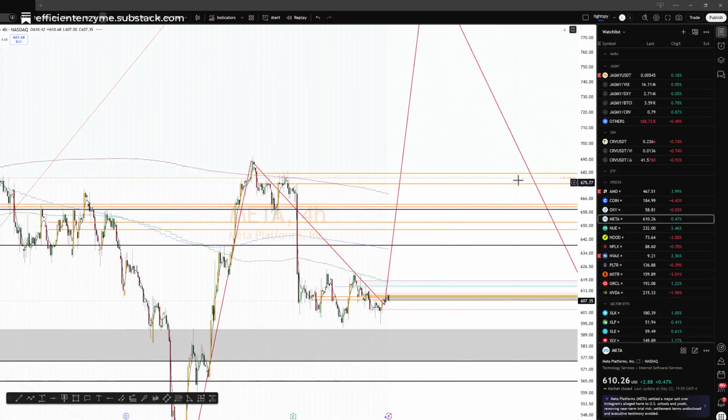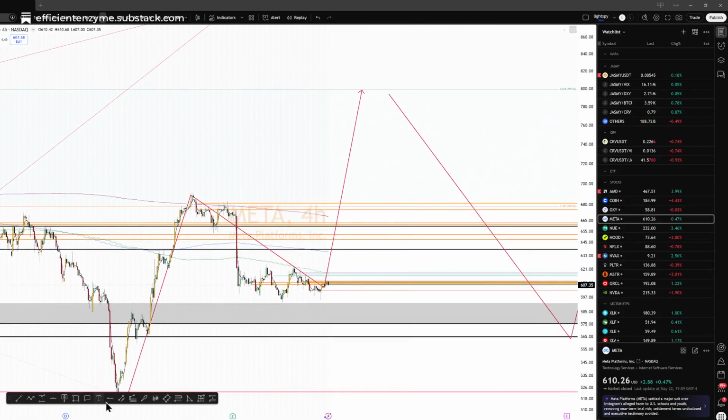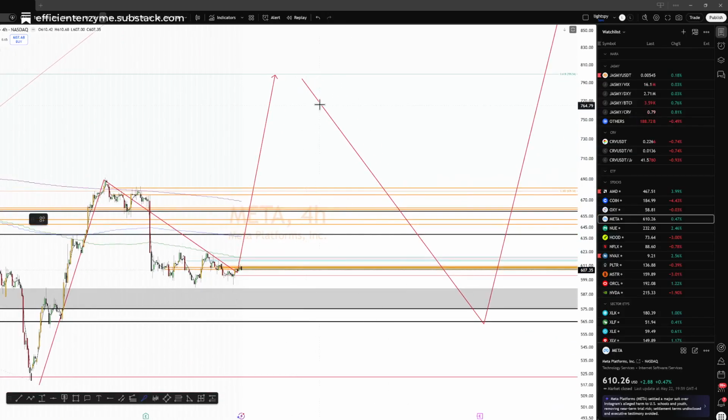Meta, I'm of the belief that we are going to pop right from here. I don't think we need any more retracement. The entry was 600. The goal is 800. And then I do want to gap fill. I'm going to short Meta and